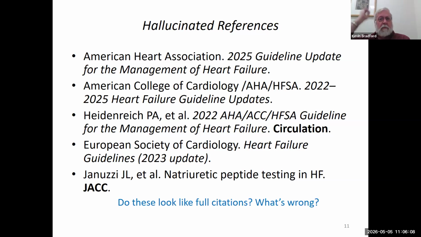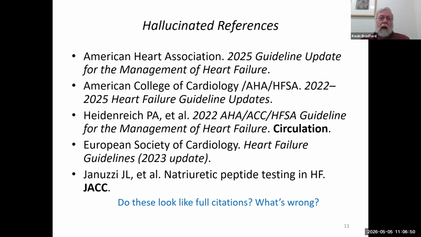So here's an example of some hallucinated references I recently got on something I was working with. Do these look like full citations? What do you think might be wrong? These are examples of what we call incomplete citations. They're missing key bibliographic details, which, librarians, we love that, like journal data and DOIs, digital object identifiers. So in academic writing, this problem reduces credibility and you have to correct it. Where they don't outright fabricate references, almost all of them are incomplete.